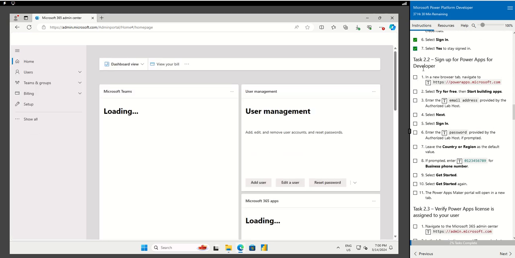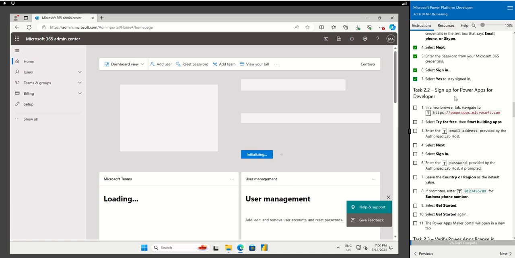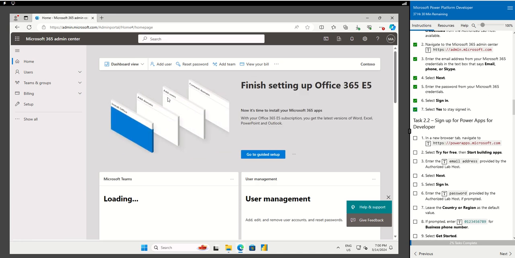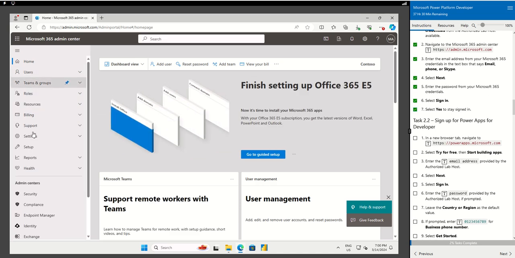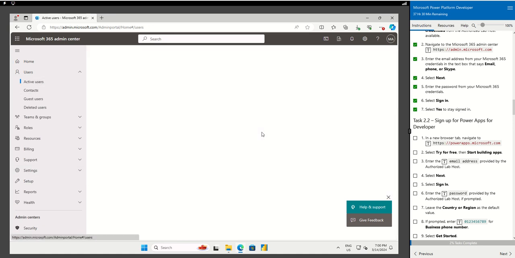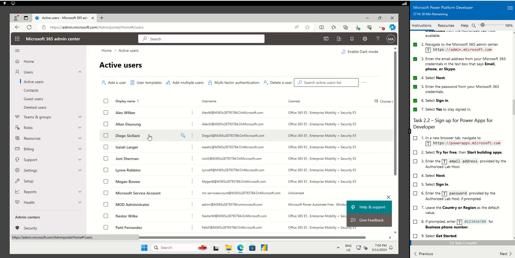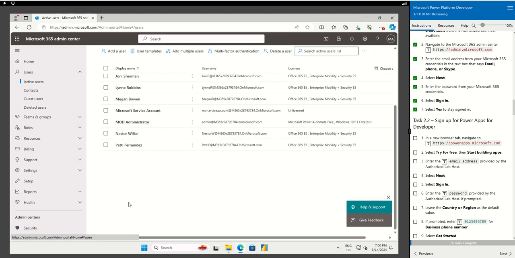Make sure you sign up for Power Apps Developer. So for now, as you notice, you can check the admin Microsoft environment. The lab environment already provided several users for your convenience for your lab later on. After that,